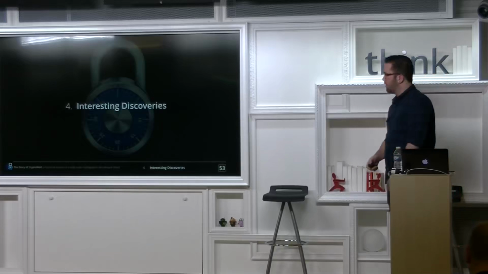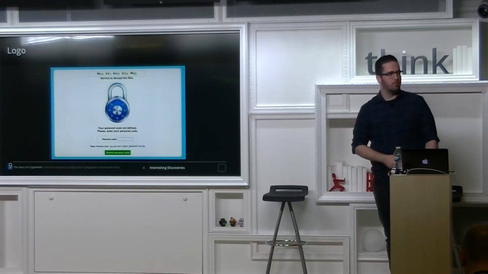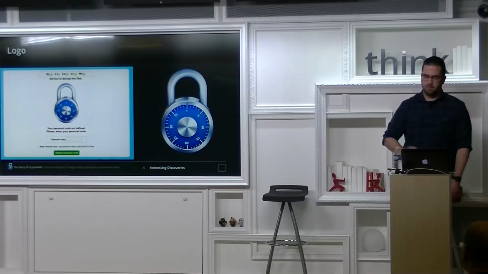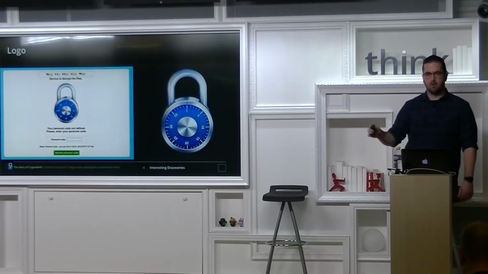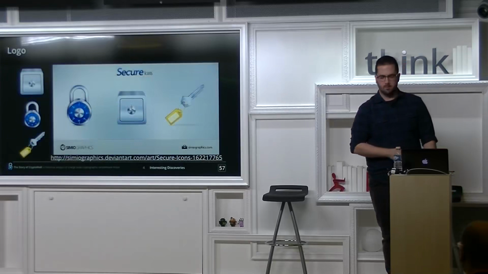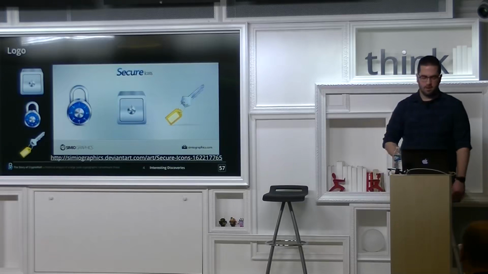So, interesting discoveries I made over time. They have this really unique logo they put on the first version ever, and they put on every payment website. Is this just a lock? It's actually part of a big set of icons, and it's just an icon pack they stole from somebody who made this. Semiographics. I won't name the guy because he doesn't need to be affiliated with this. They just stole his work and put it on their ransomware.